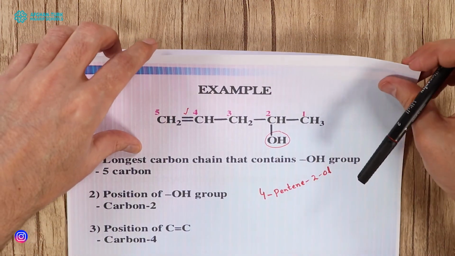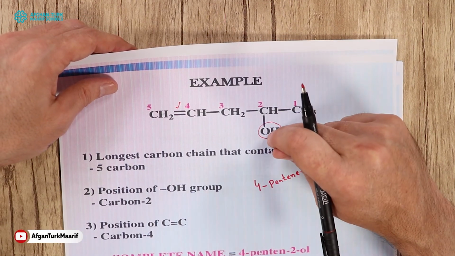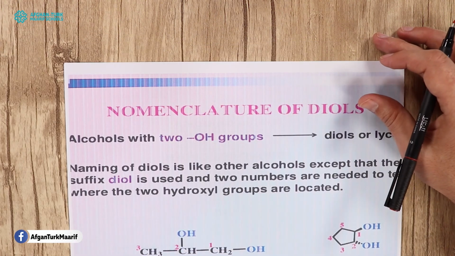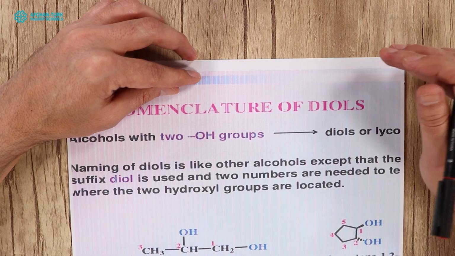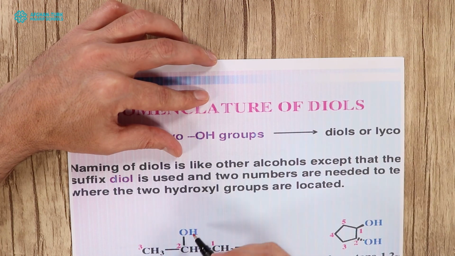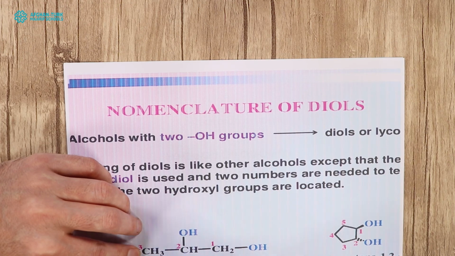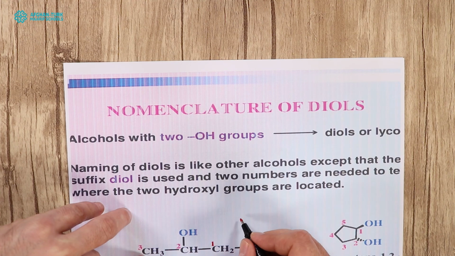Okay, so it was all about those examples in which we have an OH group as well as a double bond or triple bond there. So how can we give the name to it? Next one, for those alcohols in which we have two OH groups over there, how can I give the name to it? Look at here. This is the example, a very easy example. You can see it here. 1, 2, 3. 3 carbons are here and 2 OH are there. So on the first carbon you can see OH there. On the second carbon you can also see OH there. So how many carbons are here? 3 carbons. So it becomes propane.